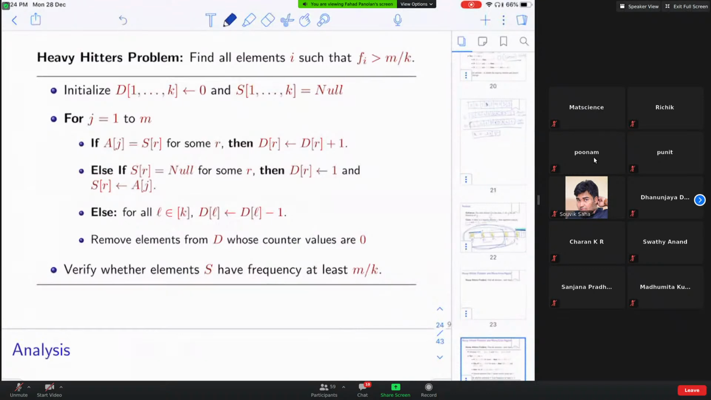So for j going from 1 to m, if a of j equal to s of r for some r, which actually means that the algorithm already made a guess,